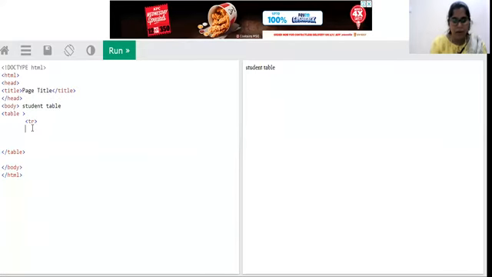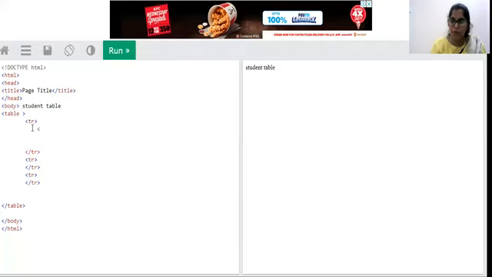And the first row closing, followed by second row and second row closing, and followed by third row and third row closing. So in the first row, what is the content we have? In the first row, we have all headings.